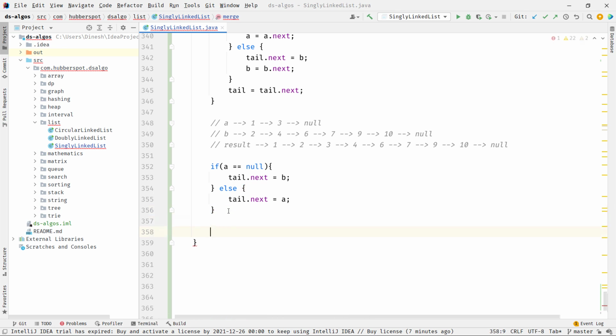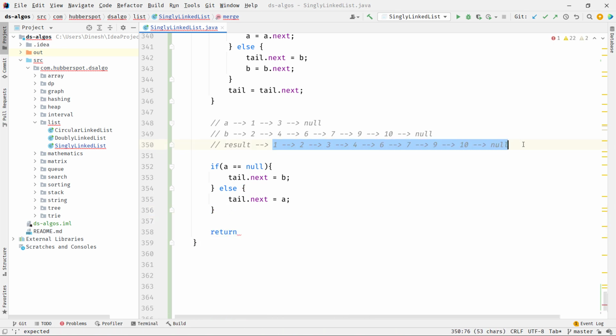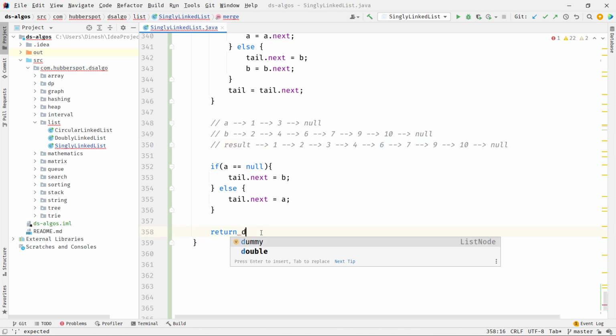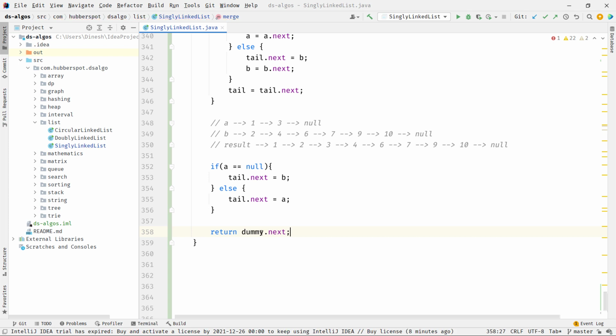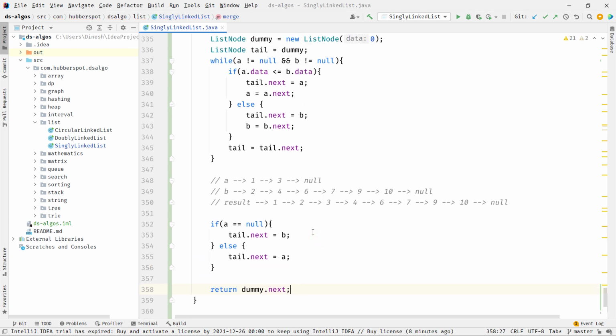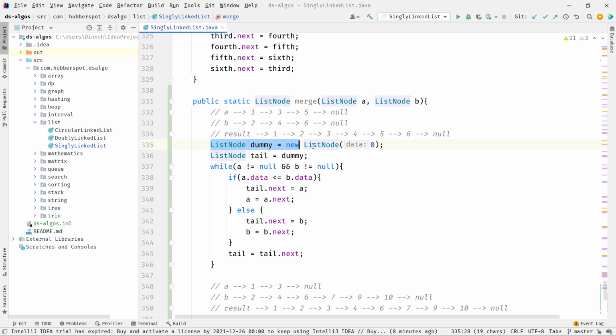So at the end we need to return the head of this resultant list. So we will simply do dummy.next and we will return it. Why are we doing dummy.next? Here you can see this dummy is a list node we created, and whatever nodes we added after this dummy, we added using tail's next.